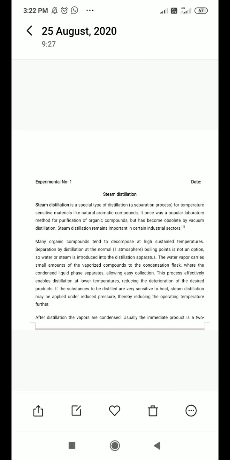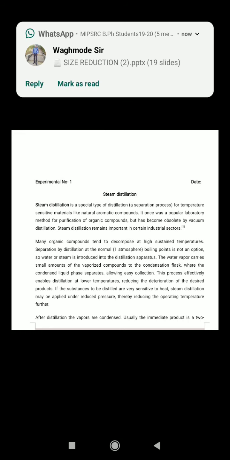These are some applications or some theory. Okay, the water vapor carries a small amount of the vaporized compound to the condensation flask, where the condensed liquid phase separates, allowing easy collection. Means as I said earlier, we get two phases in the collector or receiver, and these two phases we can separate using decantation or a separating funnel. Okay,